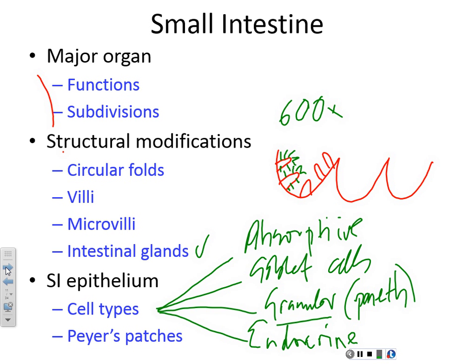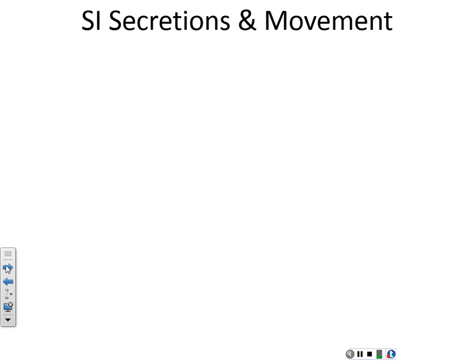Cholecystokinin also causes bile release from the gallbladder, providing bile salts for fat digestion. You see what I'm saying? Okay, so I want you to know those two functions of cholecystokinin. These are intestinal hormones. All right. Okay, so you've got to know the cell types, because the cell types will tell you the function